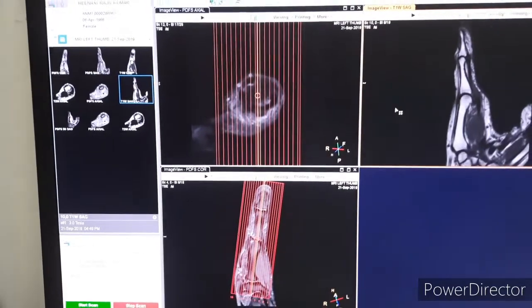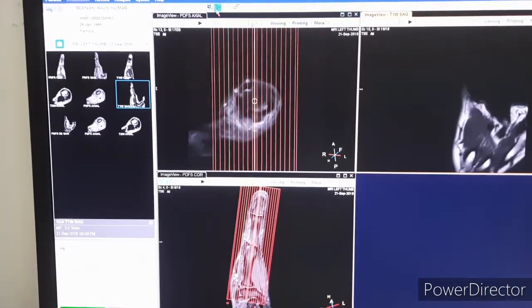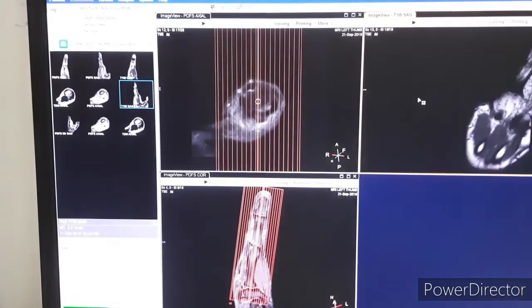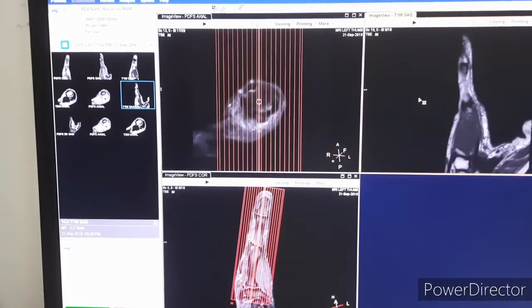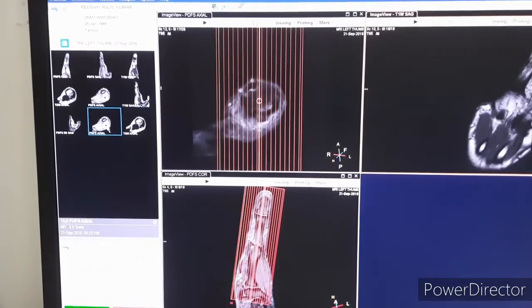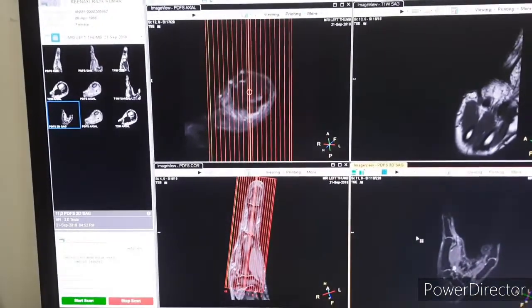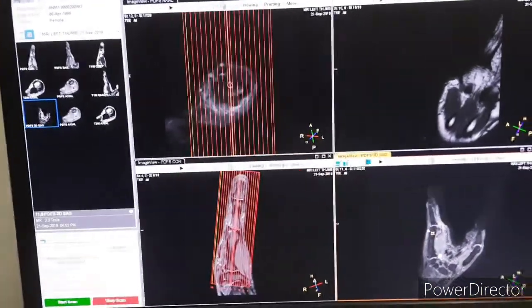Next is T1 weighted sagittal. It is same as PDFS sagittal. This is an additional sequence we have acquired, that is PDFS 3D sagittal.